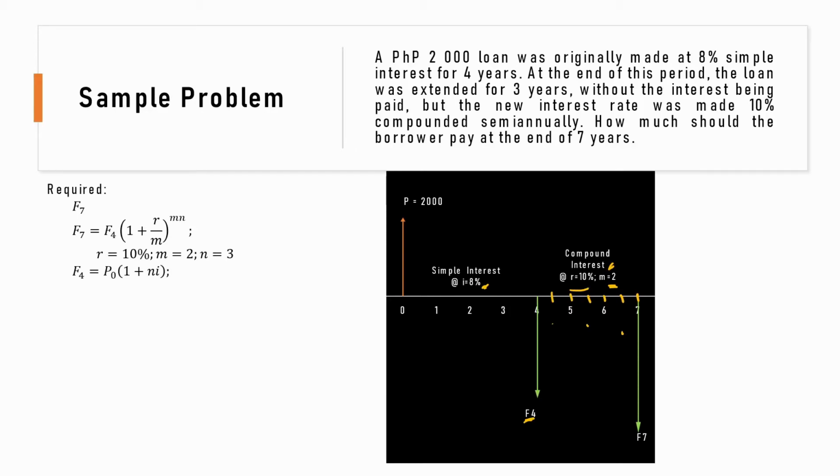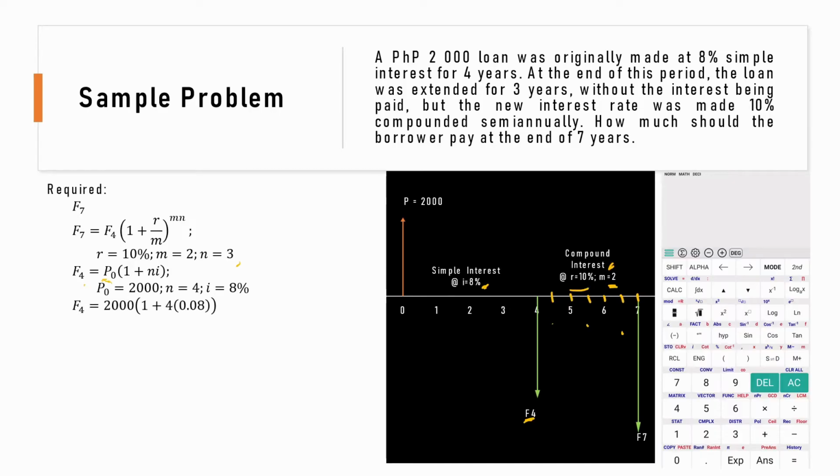So f7 is equal to f4 multiply sa 1 plus r over m raised to m times n. Yung r nga 10%, yung m equal to 2 at yung n is equal to 3. At yung f sub 4 para makuha yon, dahil simple interest, yung p multiply sa 1 plus ni. Yung p sub o is equal to 2,000, n is equal to 4, i is equal to 8%. So therefore, f sub 4 is equal to 2,000 multiplied sa 1 plus 4 times 0.08. So therefore, f sub 4 is equal to